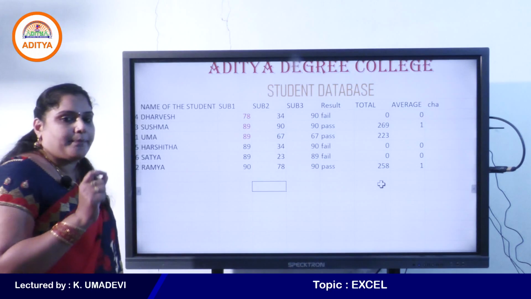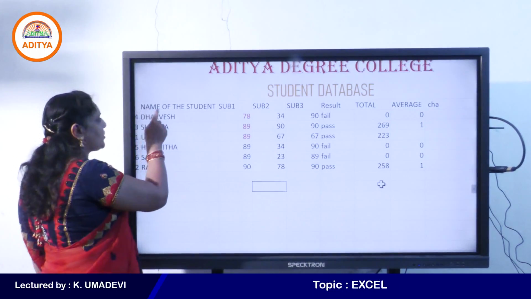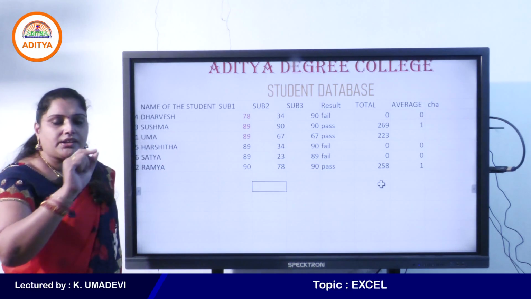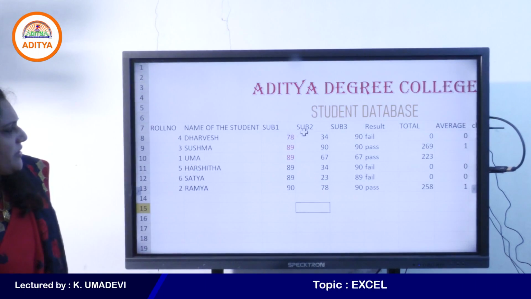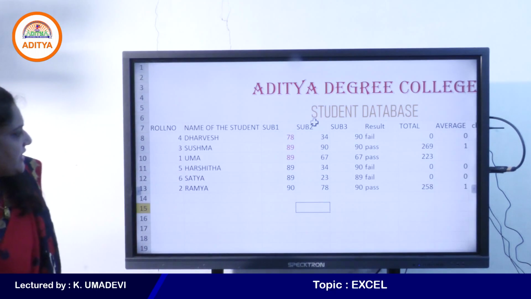If you want to apply filters, first select your column header row. That means the cells which contain column headings. Select the entire row, or else you can select any one of the column headings on your table. Here I will select the entire row.